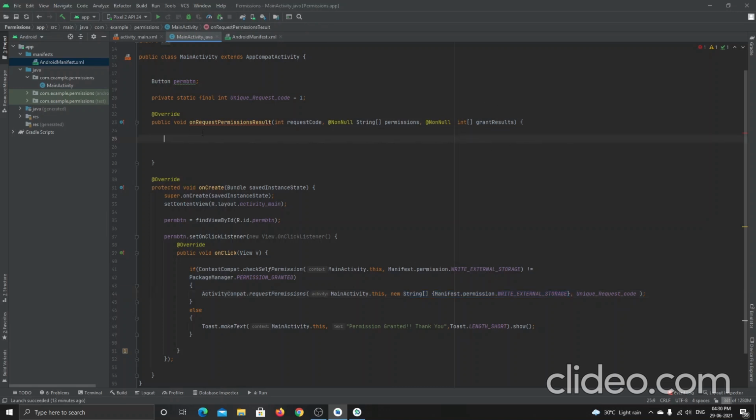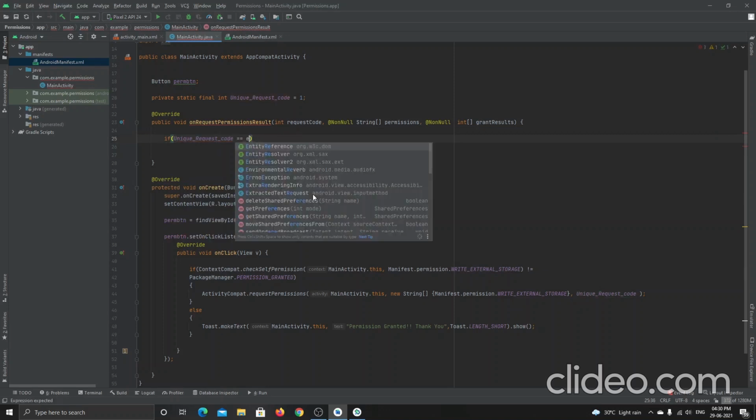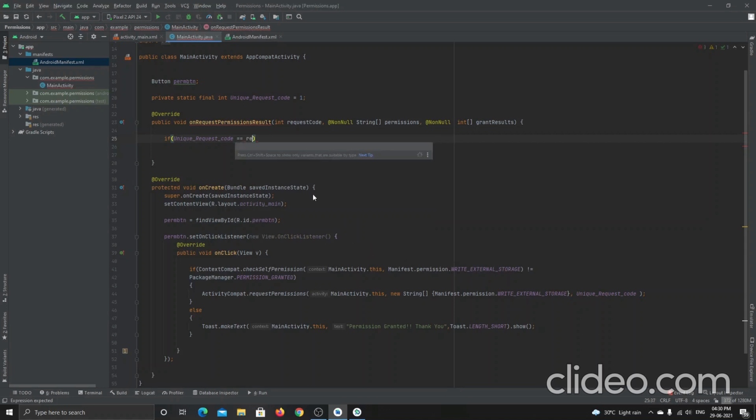Then inside this, I'll just use an if condition to check whether the permission is granted or not by using this unique request code. Unique request code is set to 1. So I will check for the condition: unique request code is equal to request code.